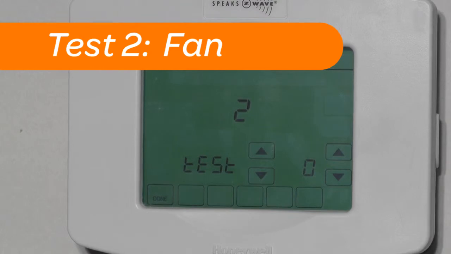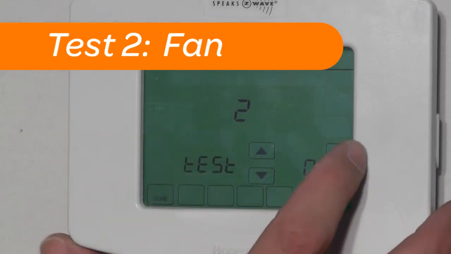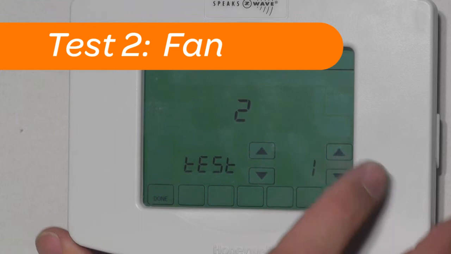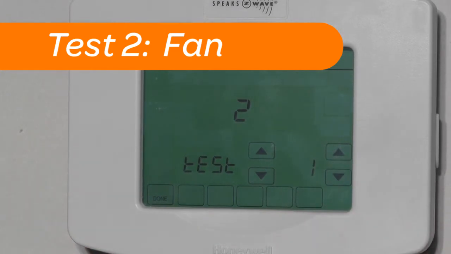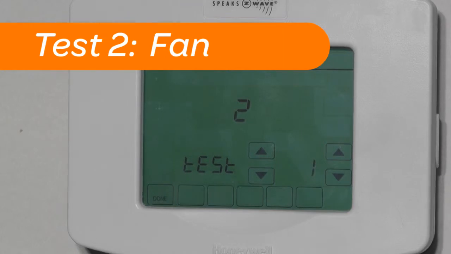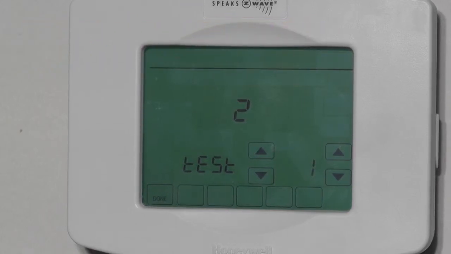This test will confirm the thermostat has manual control over the fan if the customer chooses to run the fan manually. To start the test, make sure Test 2 is visible and use the right-hand up arrow to choose option 1. At this time, the indoor fan motor should engage. Again, verify air is blowing out of the supply registers in the home. After you verify the fan is functioning properly, turn the option on the right-hand side back to 0 and proceed